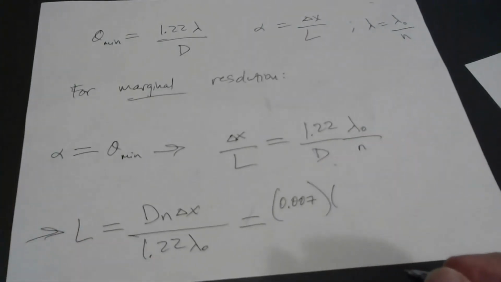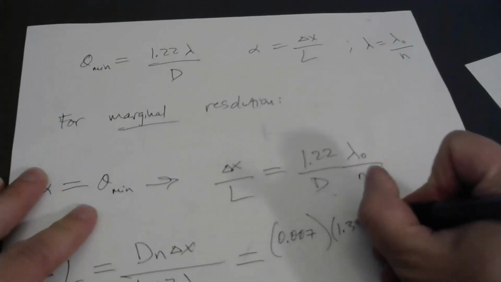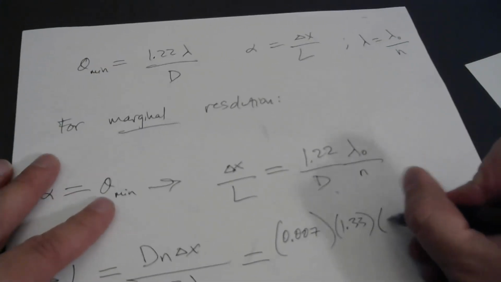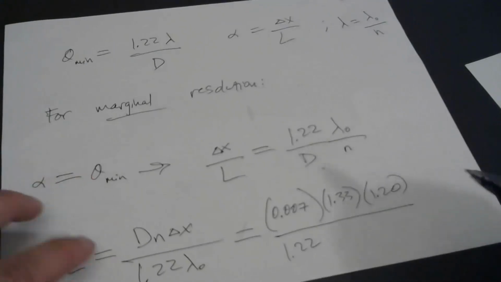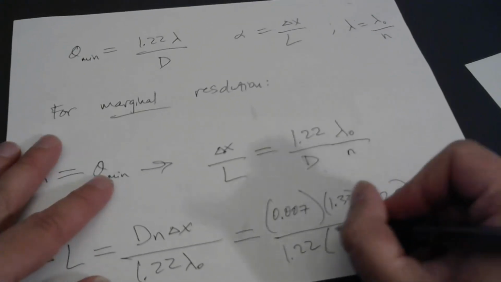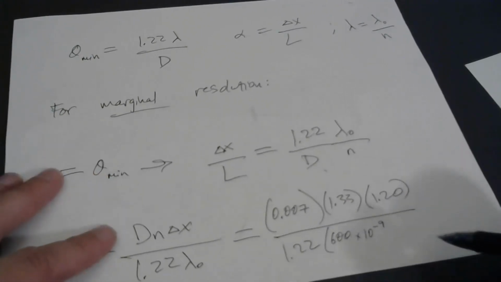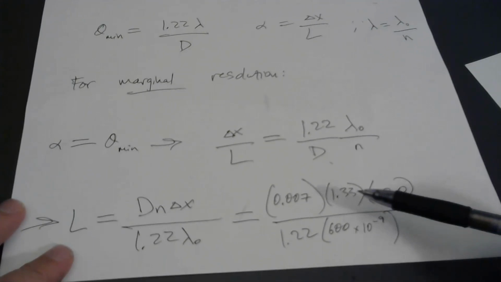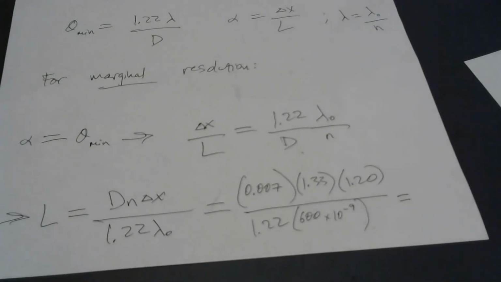Let me check that we're supposed to go with an index of refraction of 1.33. Yes, basically water. And we're told that the headlights are 1.2 meters apart. They say 120 centimeters, so 1.20 meters. And then they give us the vacuum wavelength of the light. It's basically reddish light, 600 nanometers. That is not the wavelength within the eye. That's the wavelength in vacuum, but we've already adjusted to get the wavelength in the eyeball by dividing by the index of refraction. I'm going to plop this in my calculator and we'll see how far away theoretically this car could be